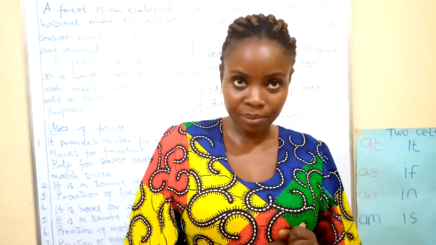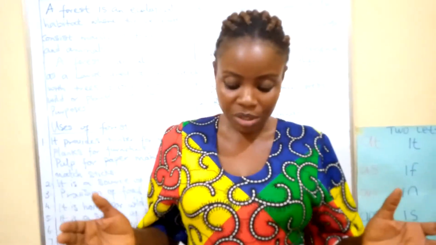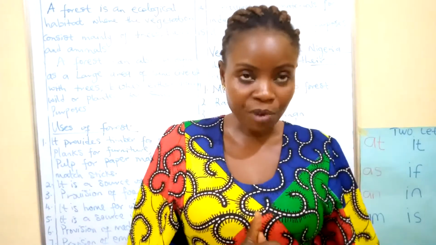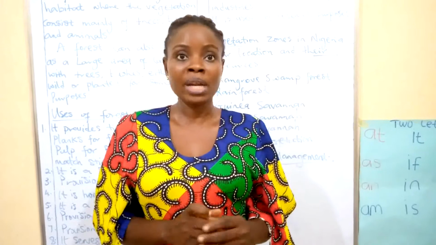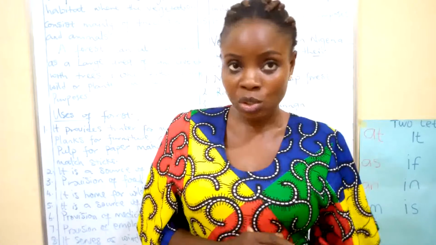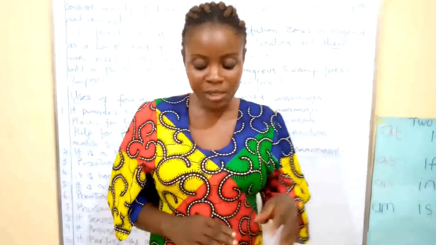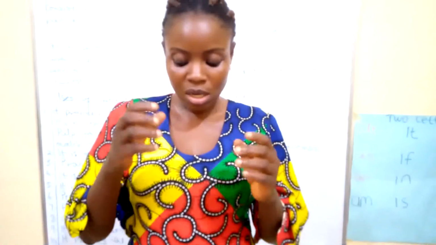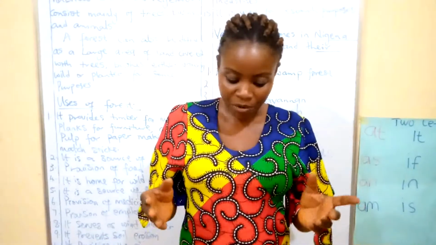Number 9, reseeding. This involves the scattering of seeds of desirable tree species in the forest to enrich it for many years to come. By the time they're growing, you may not be there, you may not even know it, but they'll definitely grow if the soil is fertile. We have reforestation. Reforestation is the organized planting of trees to create forests in areas which have lost the forest characteristics as a result of bush burning, that's human activity now, farming, and indiscriminate tree felling.